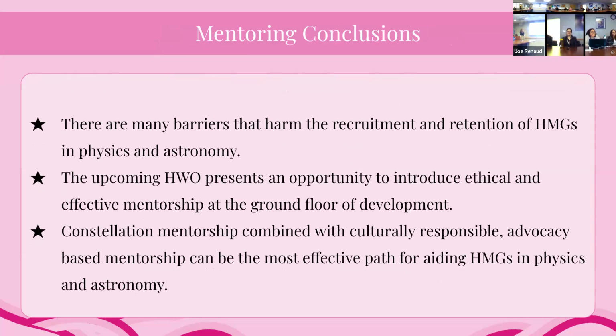So, conclusions for mentorship. There are many barriers that harm the recruitment and retention of historically minoritized groups in physics and astronomy. The upcoming Habitable Worlds Observatory presents an opportunity to introduce effective and ethical mentorship practices on the ground floor of development using the START tag. And constellation mentorship combined with culturally responsive advocacy-based mentorship can be the most effective for aiding historically minoritized groups in